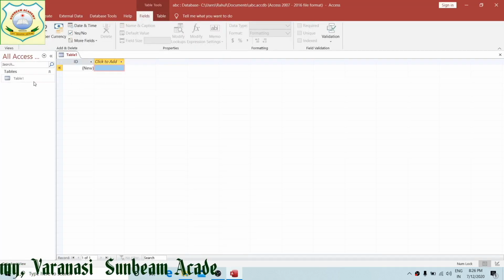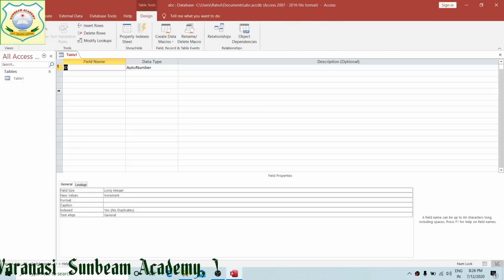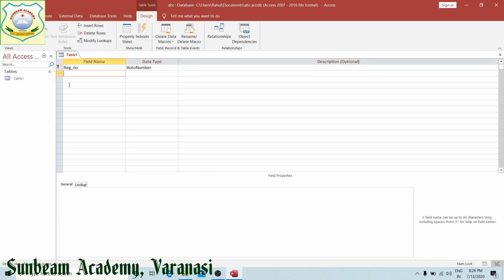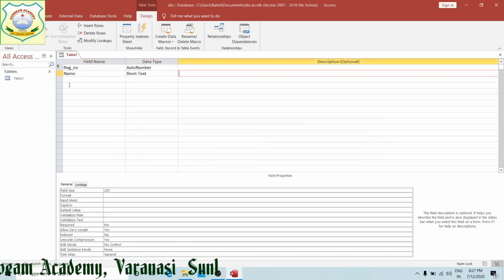Now we will create this table with design view, right? So Table 1 design view, this ID I am going to take as registration number, auto number, right? Now name, this is short text.